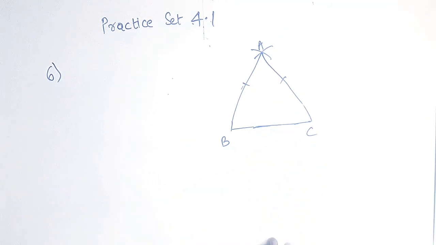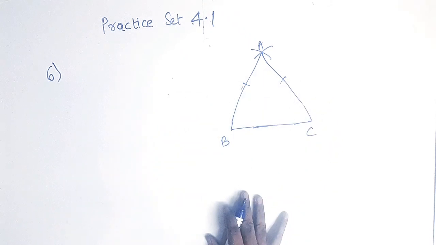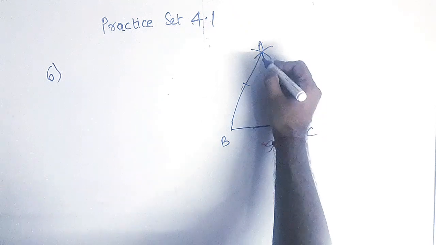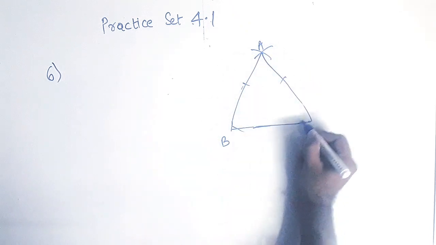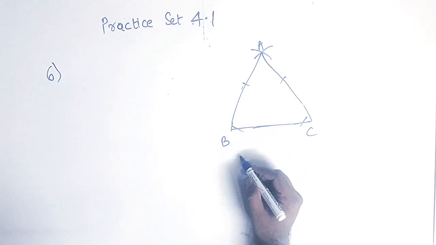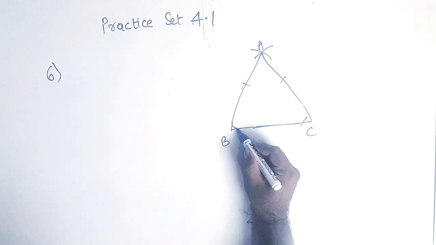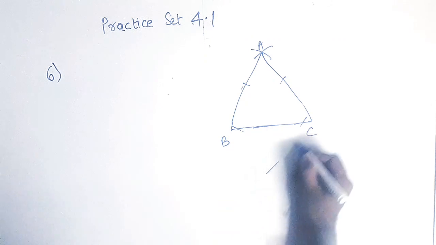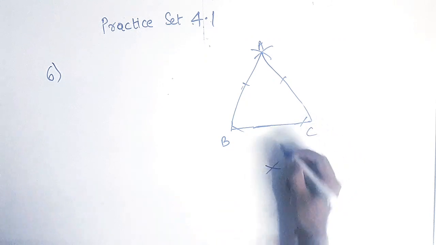I am not writing here 6 centimeter because there will be too many lines here. We have to draw 3 altitudes, we have to draw 3 medians. Okay, so in that case what will I do? From A I will draw 2 arcs for drawing the altitude. You know the steps for drawing the altitudes. Then from B draw 1 arc, from here also 1 arc.